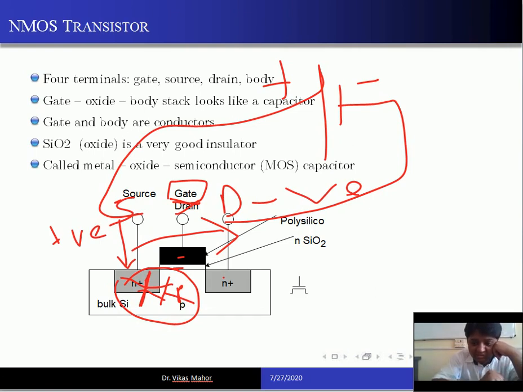It is forming like a diode. Fine. So what will happen? Will it conduct or not conduct? In a PN junction, or in a diode, when you apply a positive voltage at the N-type, it will become reverse bias. It is known as reverse bias, so it won't conduct. And similar is the condition at the drain, so it won't conduct.